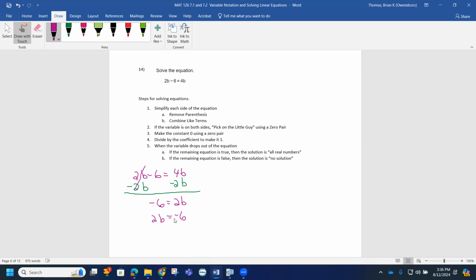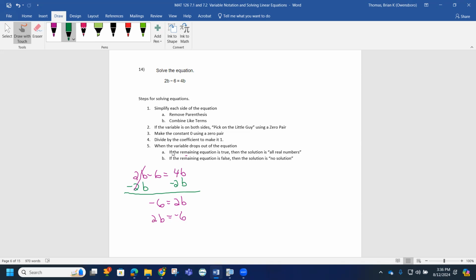You may be done. So at this point, this equation, 2 times what number is going to give me a negative 6? Well, I know 2 times 3 is going to give me 6. But what I need is a negative, though. So that means this has got to be a negative 3. So again, if I want,